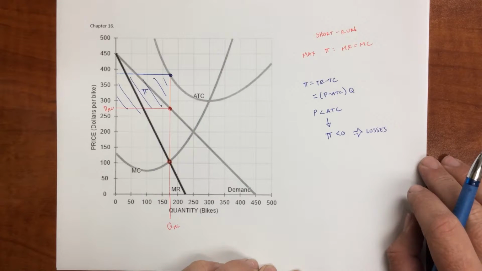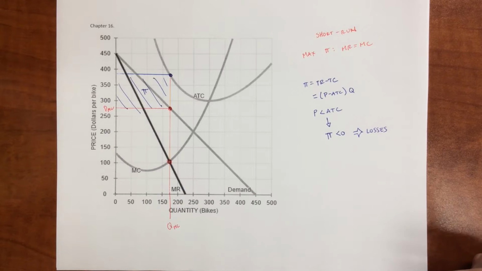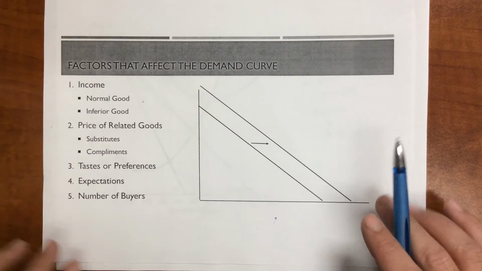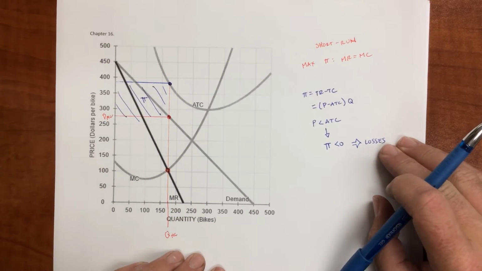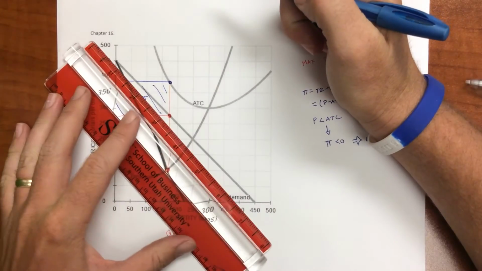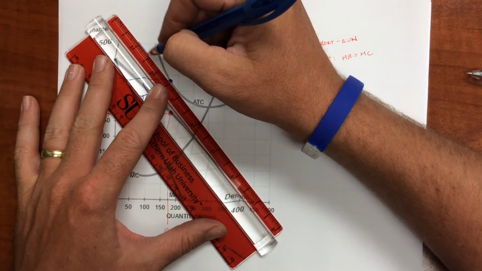So the question then is, what would happen in the long run? Well, in the long run, if there's losses, firms will exit the market, related firms or competing firms or substitutes. And if substitutes leave the market, that's going to cause our demand curve to shift out. As other firms that have similar products see this loss of profits, they're going to leave the market, which is then going to cause the demand for our product to increase,